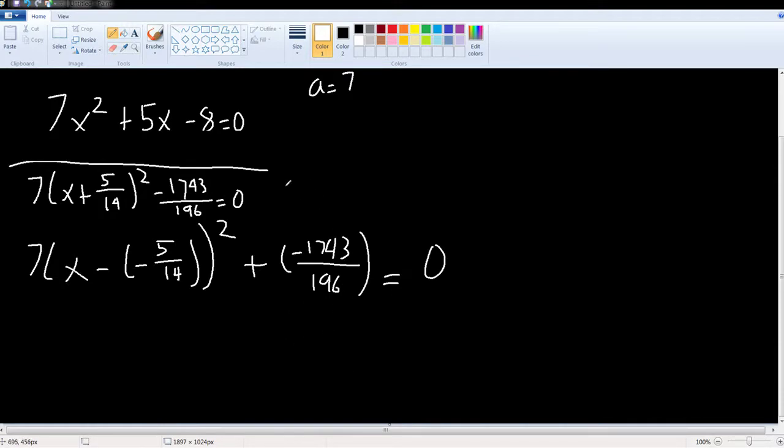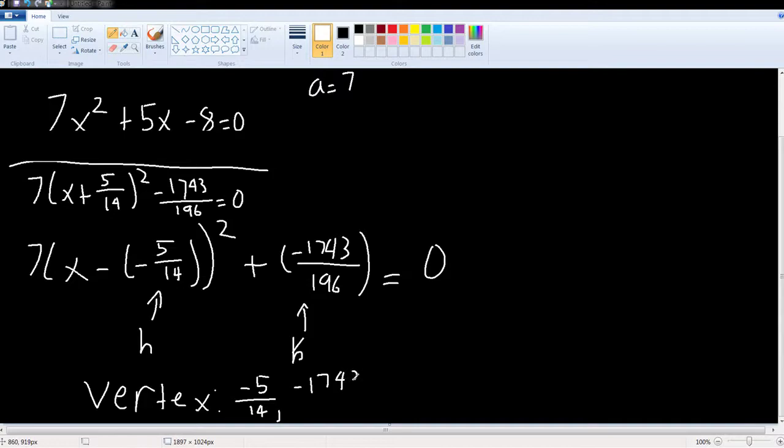Now to solve for the vertex, which is simply h, the vertex will be negative 5 over 14, comma, negative 1743 over 196. Right. So now to solve for x, or to find the roots, we have to find the value